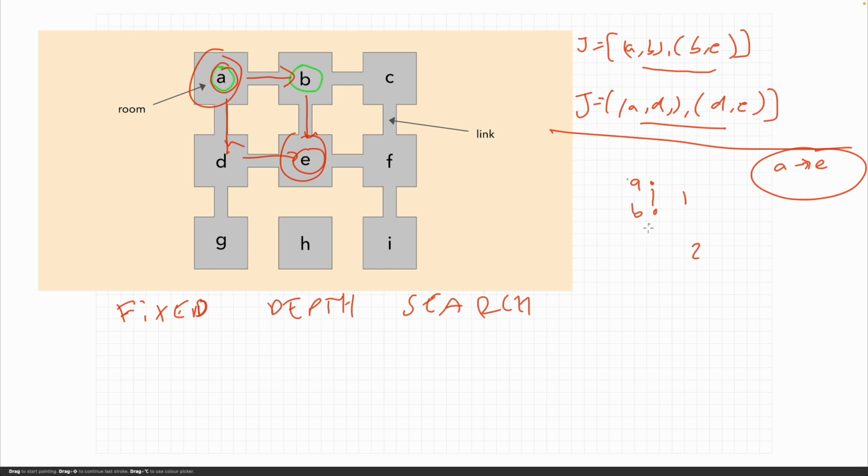So A to B and then B to C is an option that Prolog could try. So AB and then BC, but it doesn't get us to the destination. We can backtrack and try AB and then B to E. Does that work? Yes, it does. So that does get us from A to E. So with a depth of 2, it finds that